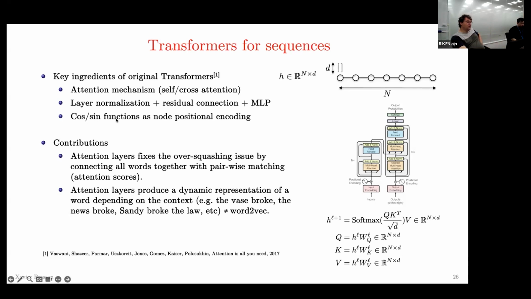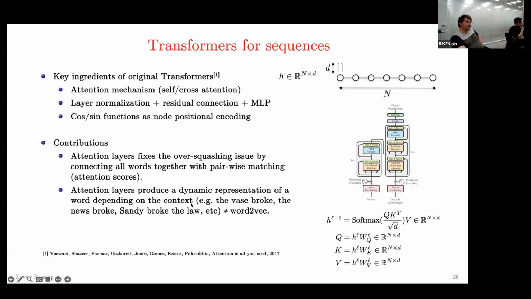So you are going to use some positional encoding, and the one the community likes is the cosine and sine function. More recently, there is the rotary positional encoding, which is basically doing a dot product, which is a very nice idea. Anyway, the contribution: we solve over-squashing, we solve long-term communication,